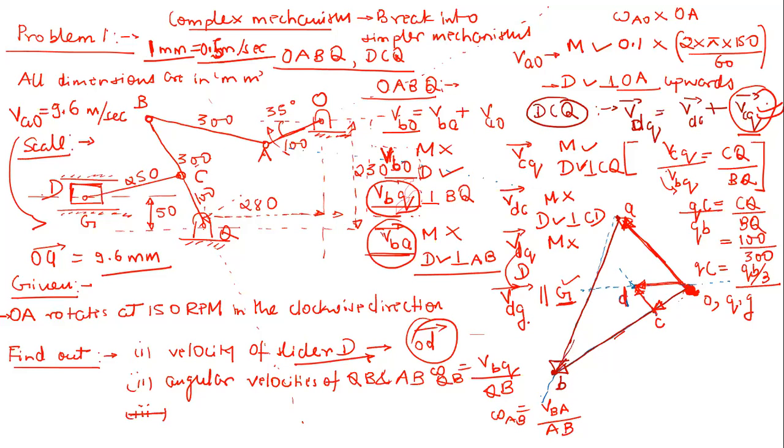Sir, I want to ask where these types of mechanisms are used. See, these types of mechanisms have wide applications. When we were discussing inversions, I already gave so many applications. That is the Whitworth quick return motion mechanism, right? Then the crank and slotted lever mechanism, right? And if you talk of this mechanism, if there is a slider, obviously this can be used as a reciprocating pump or maybe as a reciprocating compressor, something like that.